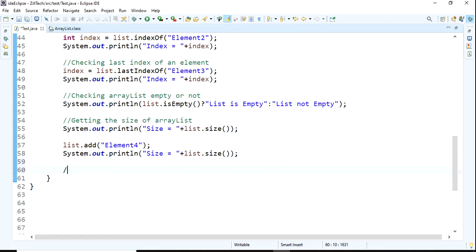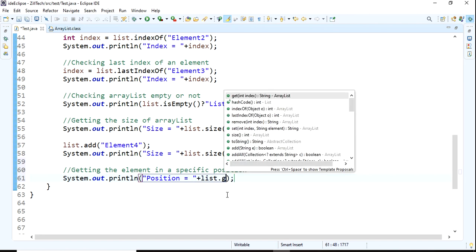Okay, we can print getting the element in a specific position. Yes, we can get the element in a specific position. System out, position equals, and we have the method list dot get index.